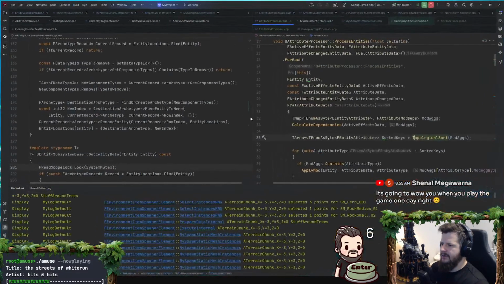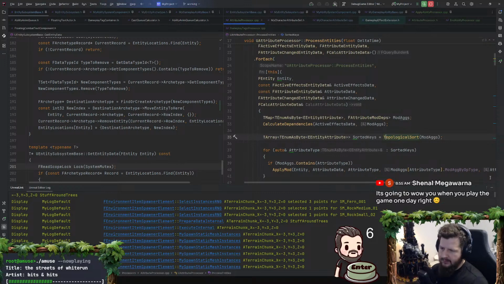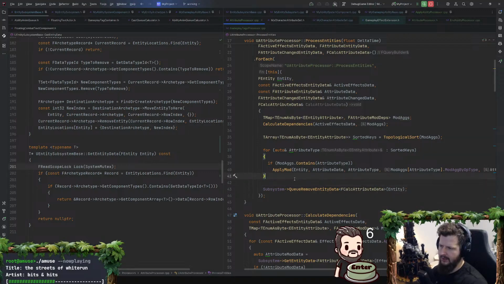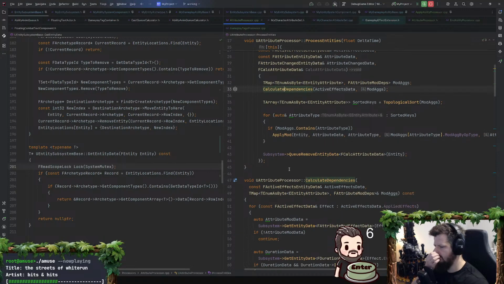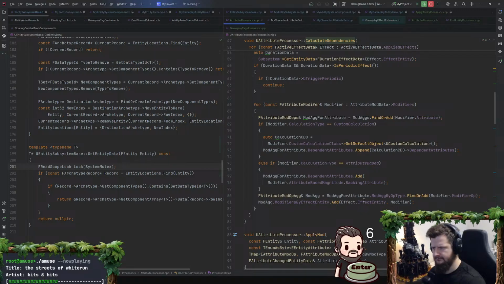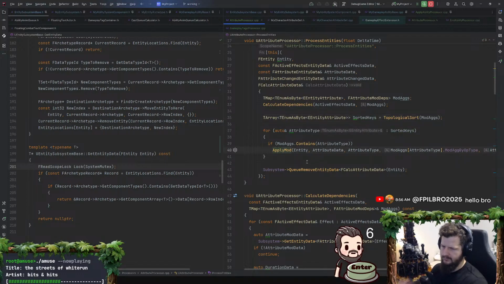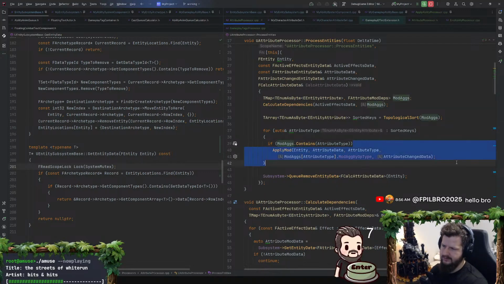All right, get that over there. Attributes. Okay, we need to do game post, gameplay effect, execute. That is what we need to do here. So yeah, recap on what I do now. I calculate the dependencies and sort them. And I iterate over attributes and apply mod to each attribute. That is good that I start with attributes out there. Let's new line that.